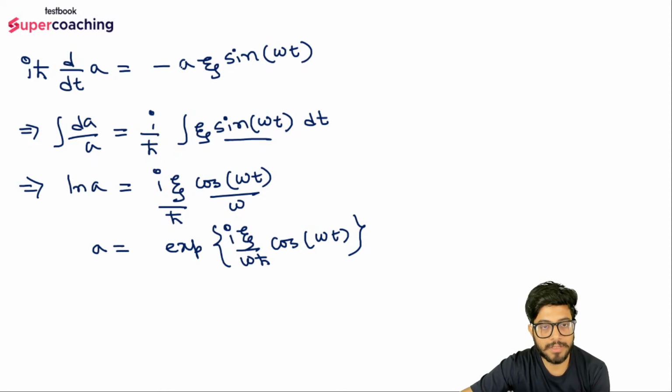If I multiply by i on this side and this side for this integration, it will be simply i by h cut, and minus and minus cancel out. So i by h cut, after integration of sin omega t, I'll get a minus. As soon as sin omega t is integrated, I'll get a minus. So here will be a minus: minus i zeta by omega h cut. This is what I'm getting.